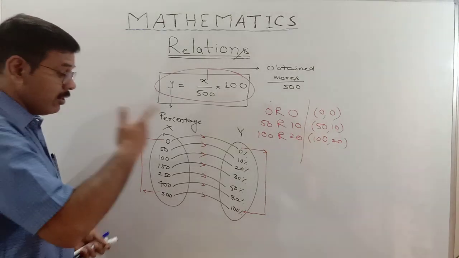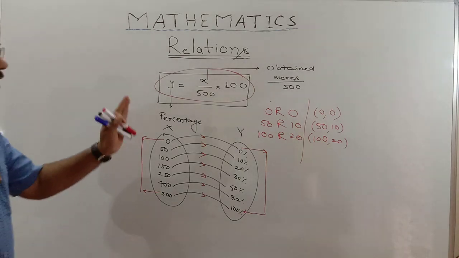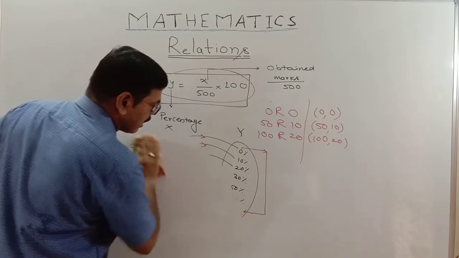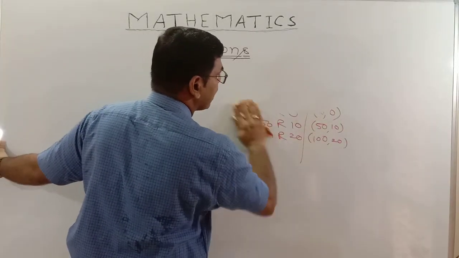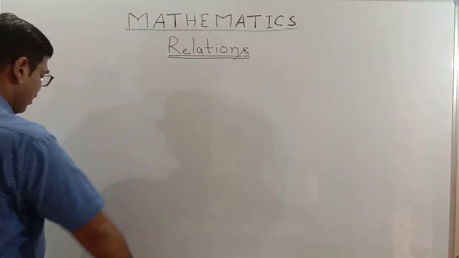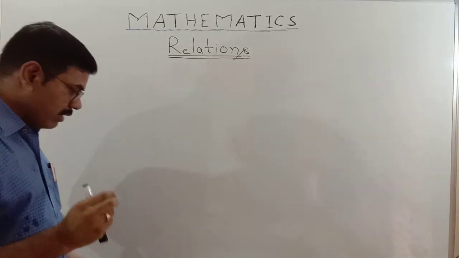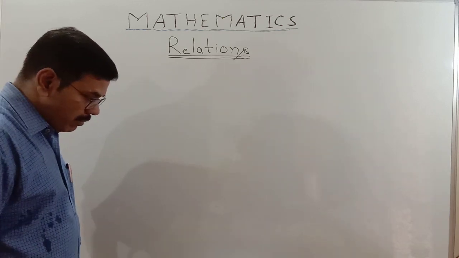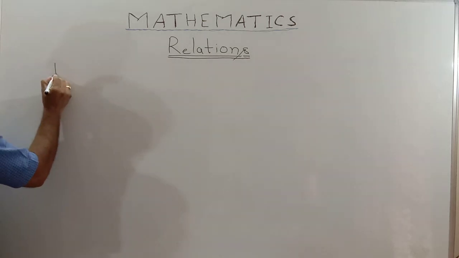Okay, now we are just writing the definition of this. You must understand this. This is just for making you understand. I hope you understood the things. Now we are writing the definition of relation. That's very easy, and this is one of the easiest chapters of class 12th. In the final examination you will face a 4 marks question from this chapter.